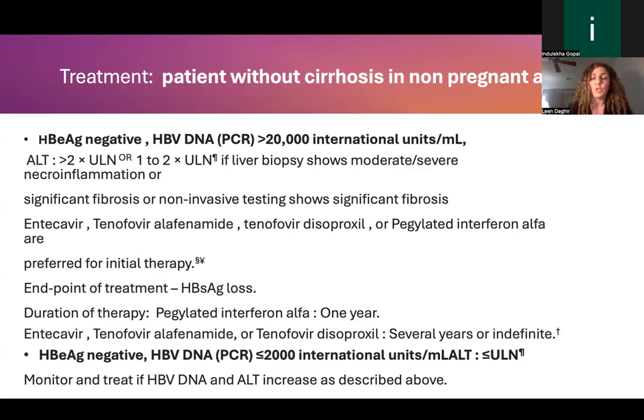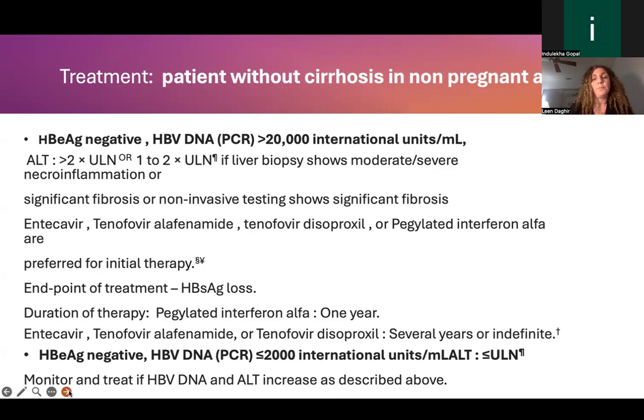loss of the surface antigen. Duration of this therapy for pegylated interferon alpha is about 1 year, and for entecavir and tenofovir it is several years or indefinite. Now, if the hepatitis B E antigen is negative and the hepatitis B viral DNA is less than 2,000 and the ALT less than the upper limit, then monitor